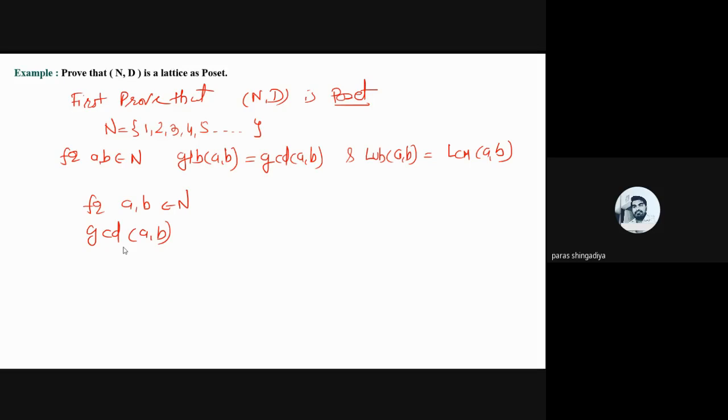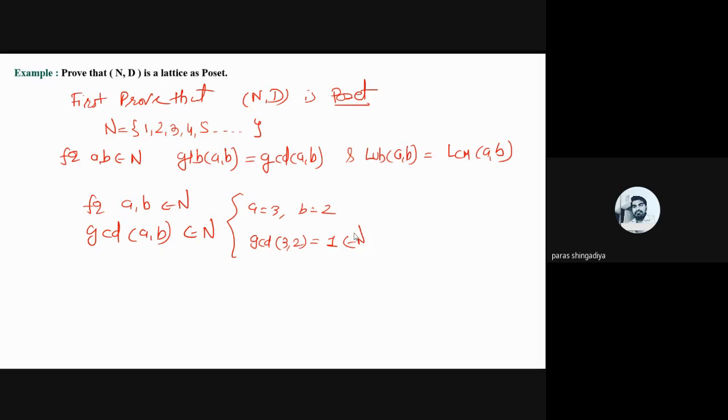So for all a, b belonging to N, we can easily say that the GCD of the two numbers always belongs to N. For a counter example, you can add here. Let us take a equal to 3 and b equal to 2. Okay, 3 and 2 belong to N, and now find the GCD of 3 and 2. So what will the GCD be? It is 1. Okay, 1 is the common factor, so the divisor 1 is common in them: 3 into 1, 2 into 1. Clear? So 1 is the answer. So 1 is in which set? It belongs to N.